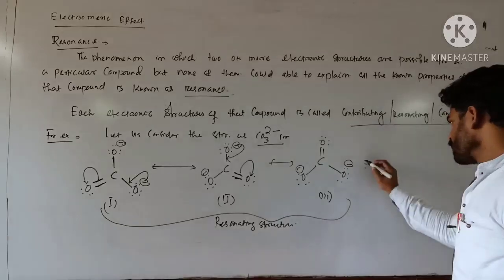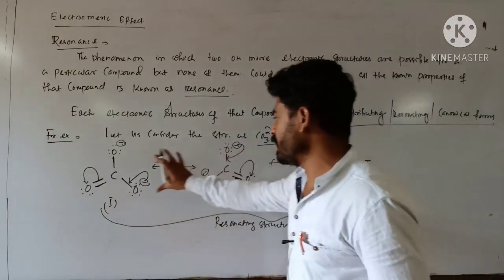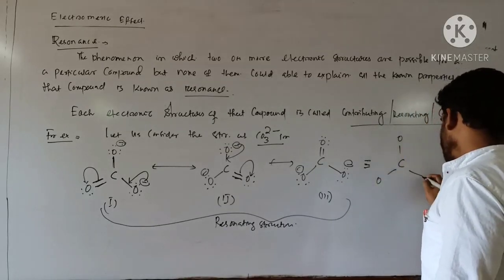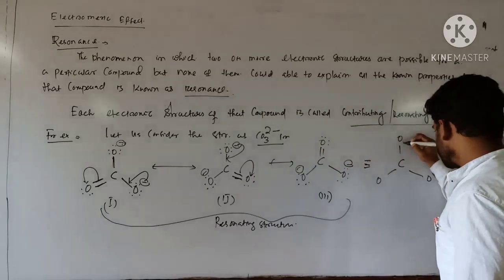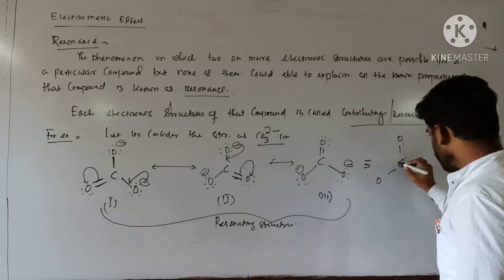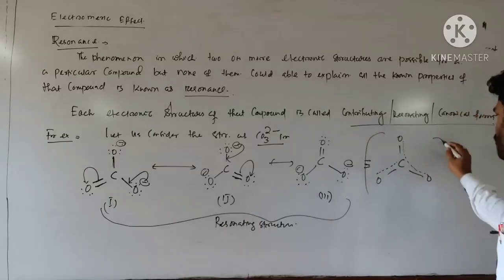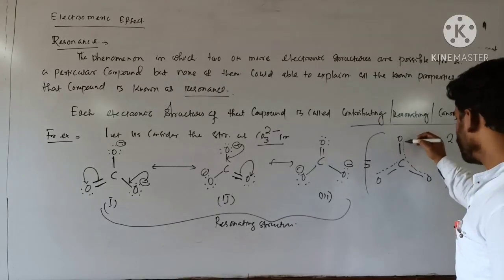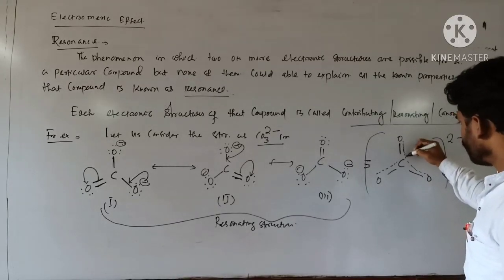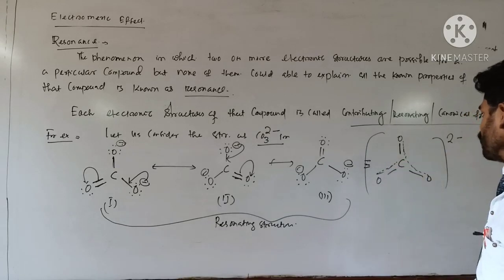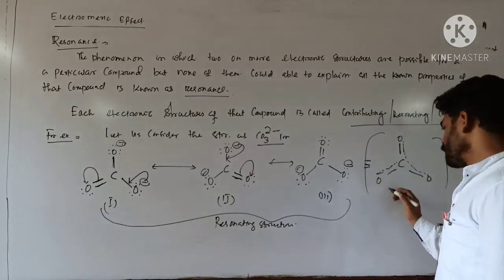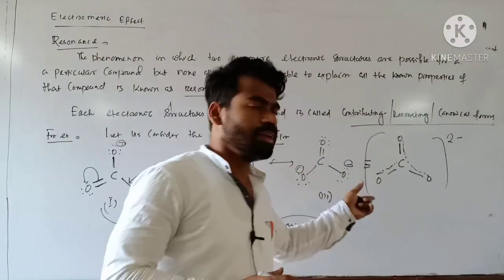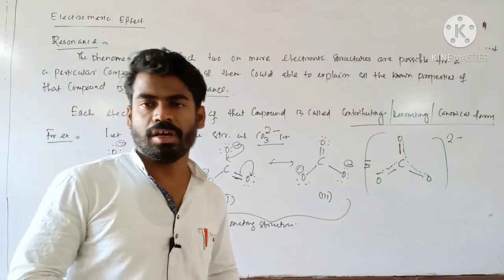So there exists another structure that is due to the contribution of all these three contributing or resonating structures: carbon, oxygen, and this negative charge delocalization starts from here and occurs through the entire molecule. So this is CO3 2 minus. So right now you see there exists a single bond and some partial double bond character throughout the entire molecule, so that the bond length becomes the same. Which will coincide with the practical data that all the carbon-oxygen bond lengths are the same. That can be explained through resonance. Clear?